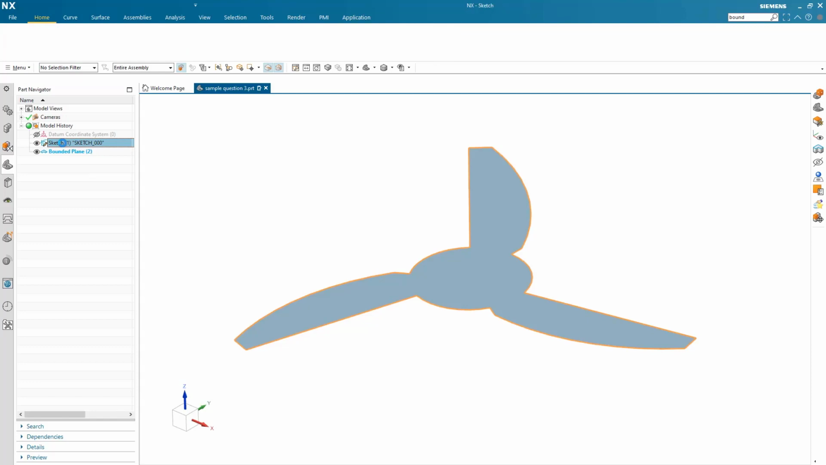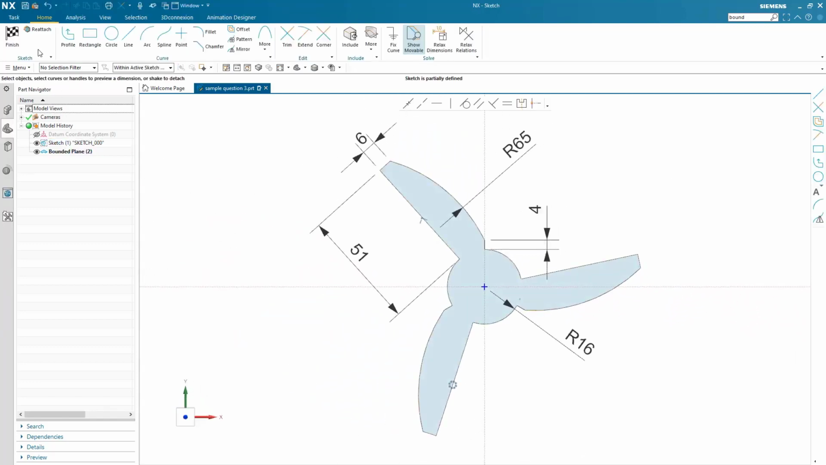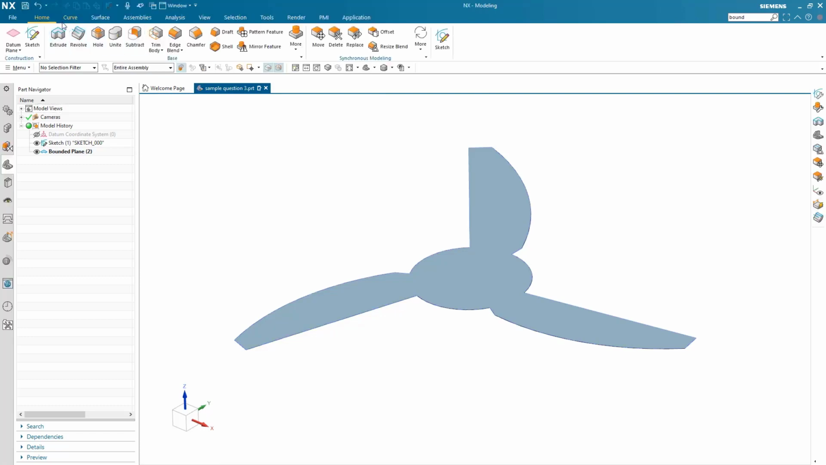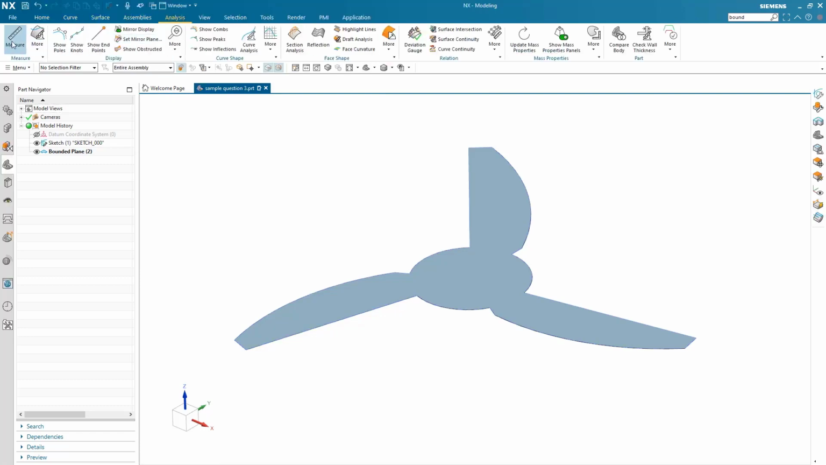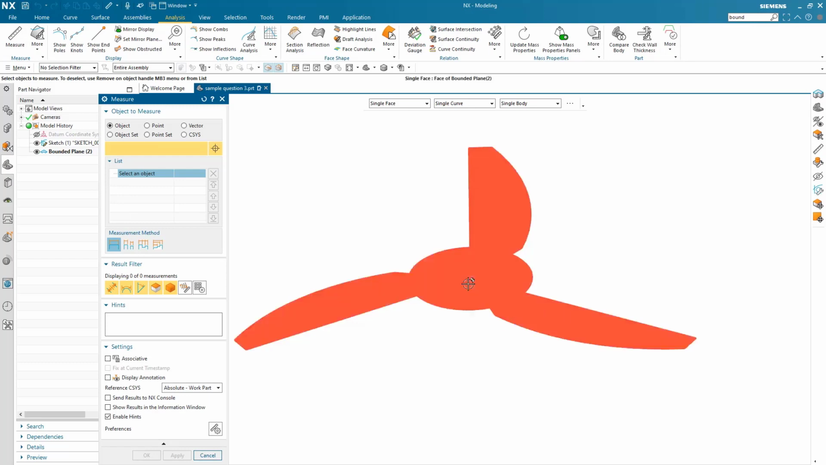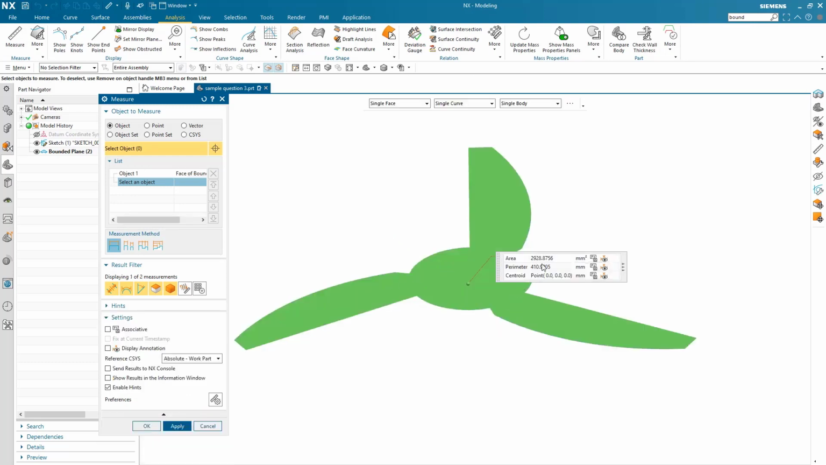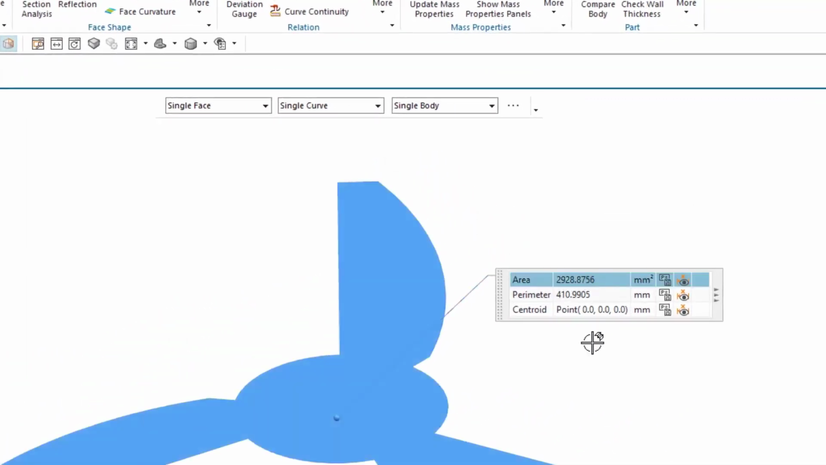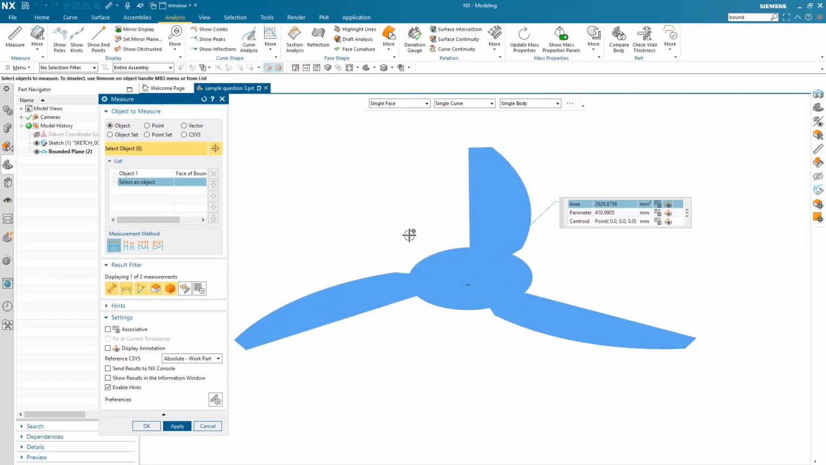First, I just want to quickly activate the sketch. We see that we have all the correct dimensions that match up with what we want to create. Then we go under Analysis, and then we're going to Measure. For measure, we'll just select that face, and then we zoom in and take a look at that value, which is somewhere around 2928 square